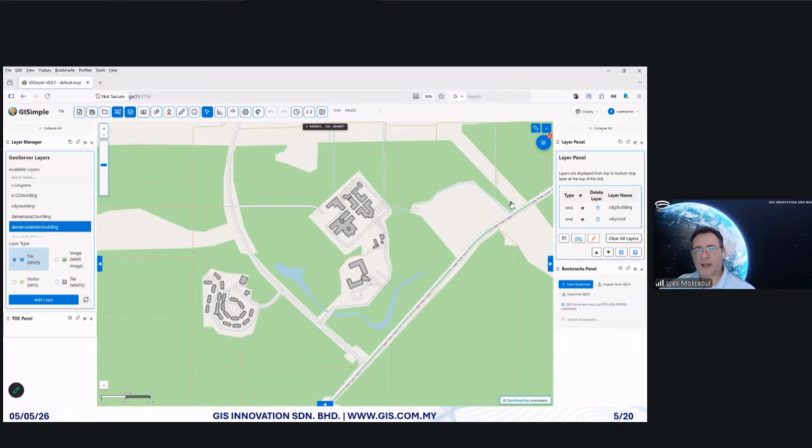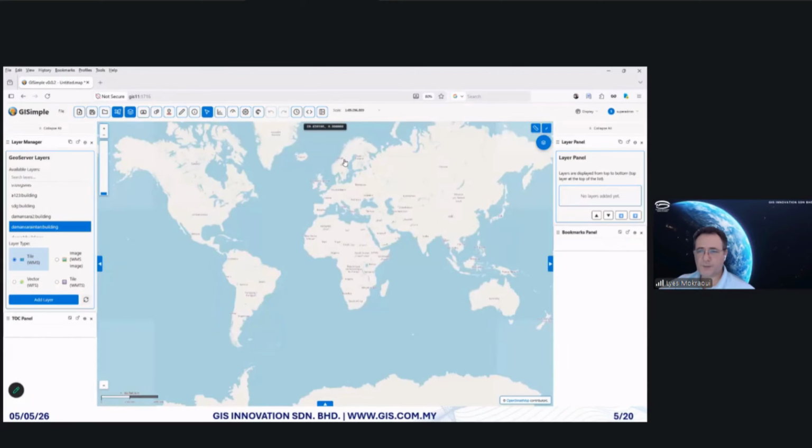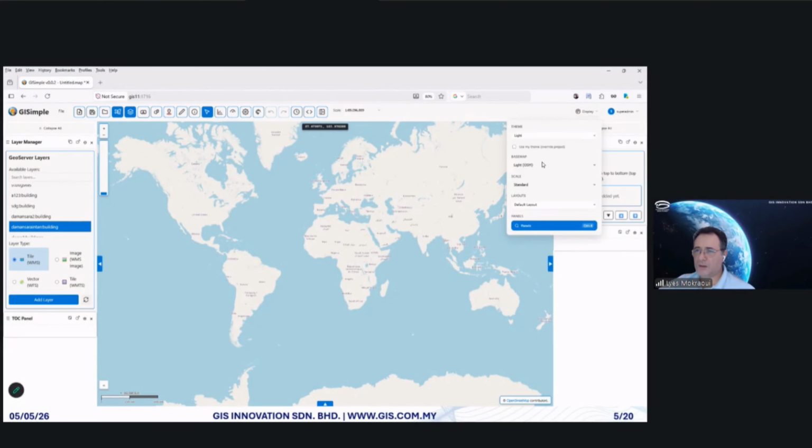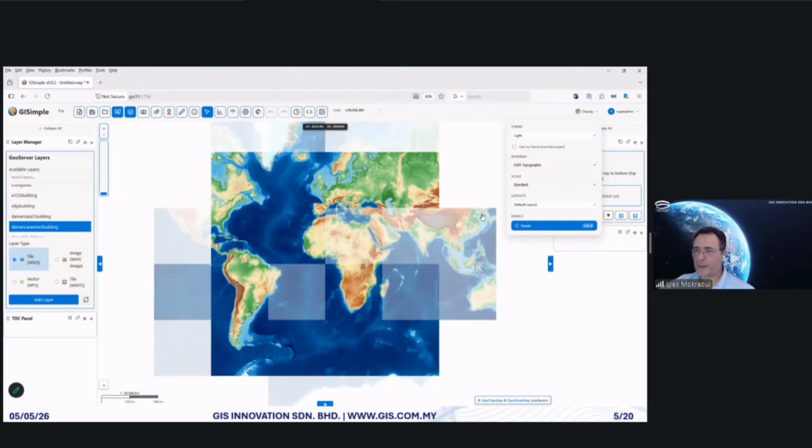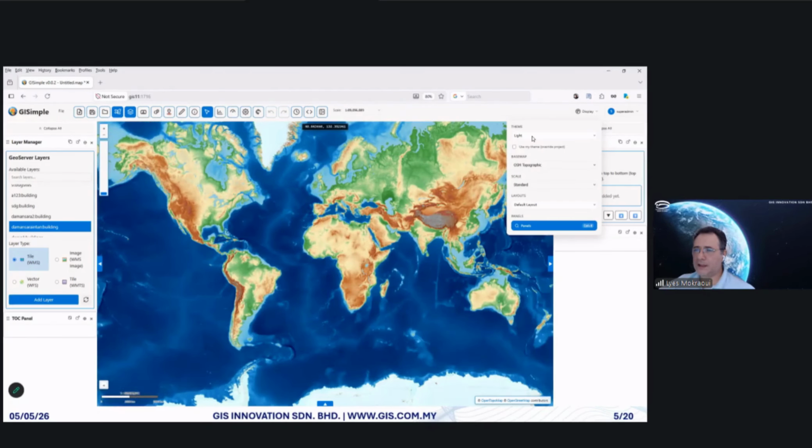But before I load the layer, what I'm going to do is create a new project. Okay, it's empty. And just to show you some of the things that you can do, you can change the background map. We have seen that previously. Let's see if I use OSM topographic. Okay. And what I will do is, instead of using this interface, which I like a lot, the white and blue color,